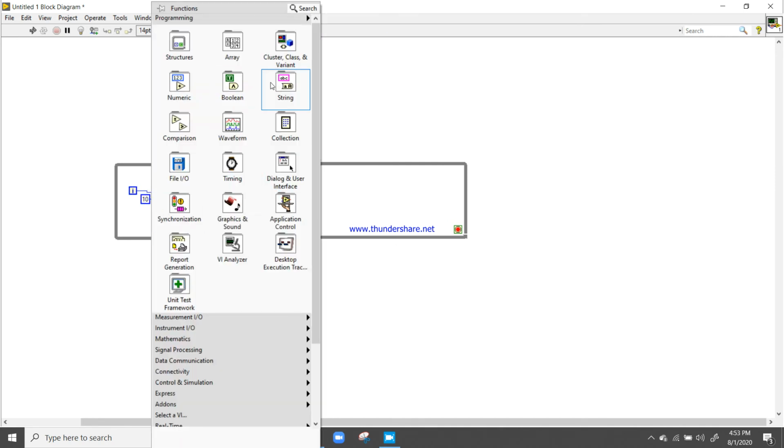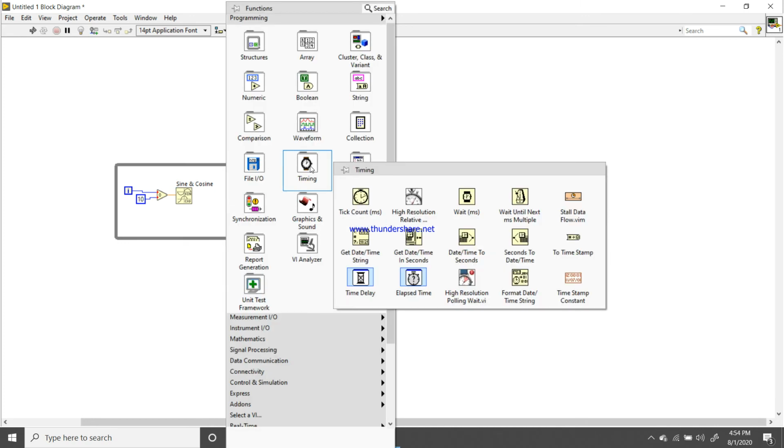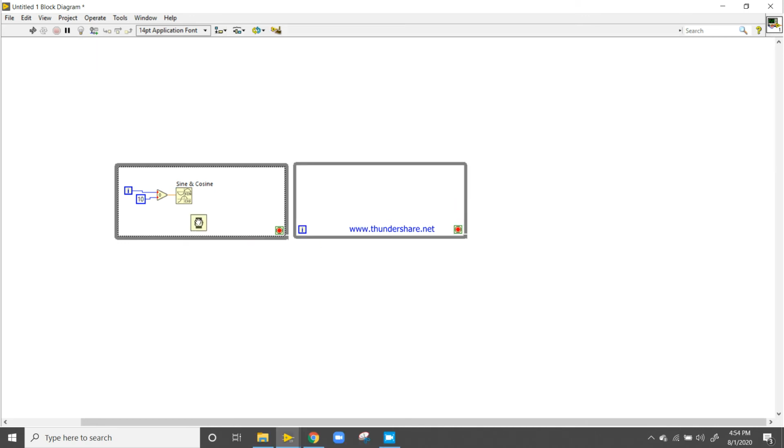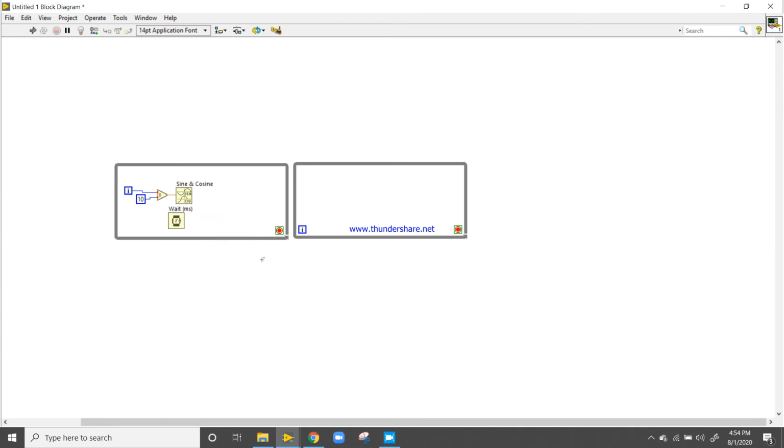Right click, come to the timing, take the wait function, and set the wait time to 100 milliseconds.